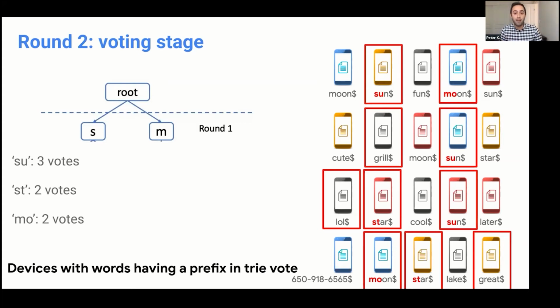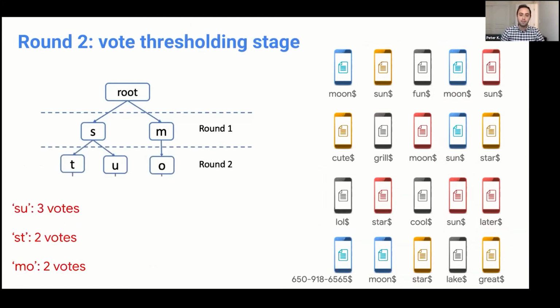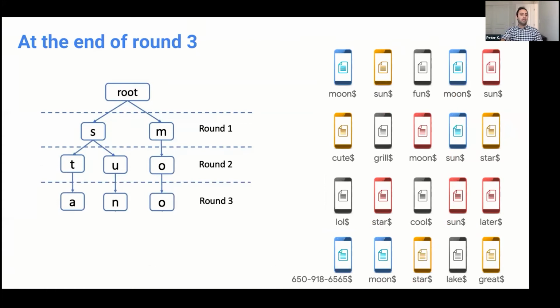Again, the last step in this round is the threshold, and it so happens that in this case, all these prefixes have received counts above or equal to our threshold, 3 or 2 votes. So we're going to add them to the tree of prefixes that we're building iteratively. We can run more rounds. This is, again, for illustrative purposes. I'm going to run a 3rd round and then a 4th round. Notice what happened in round 4. We would have liked to learn star, but we didn't get enough votes on the prefix STAR. So that's why the character R is not added to this tree that we're building iteratively on the server.